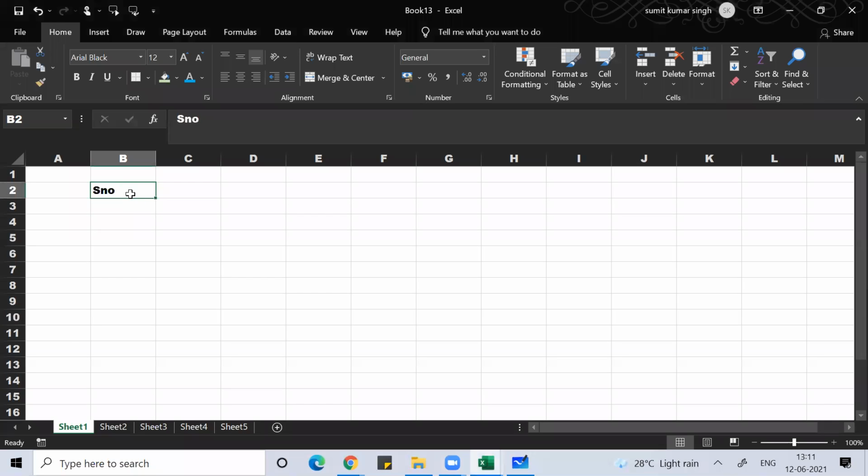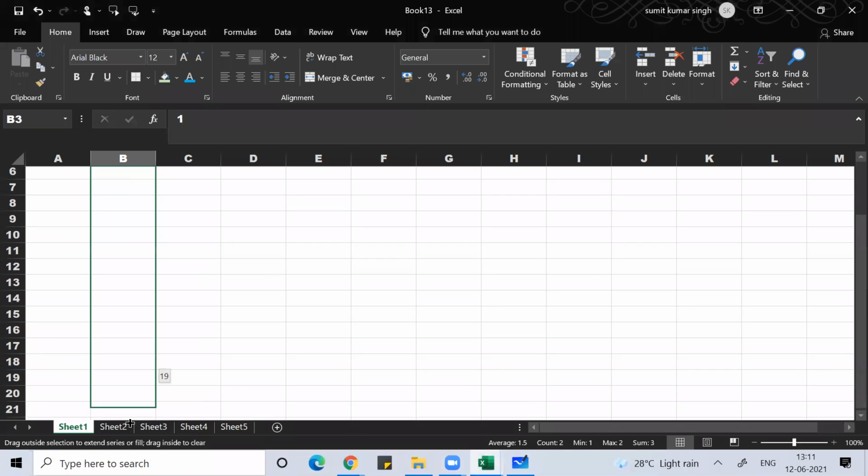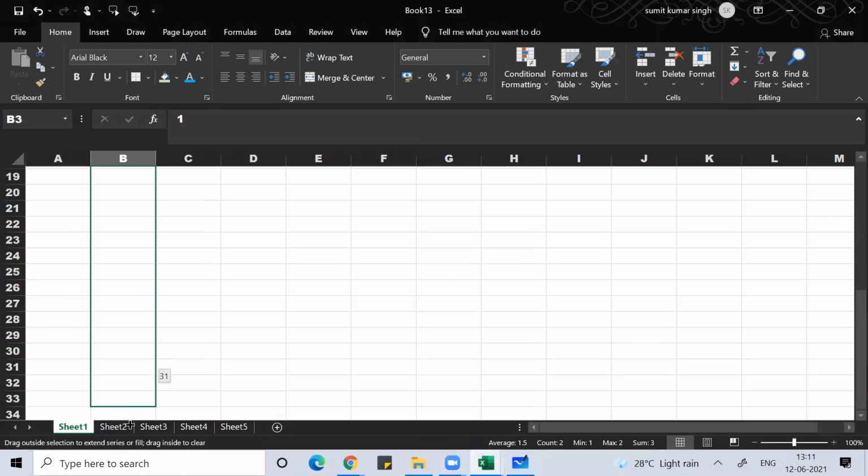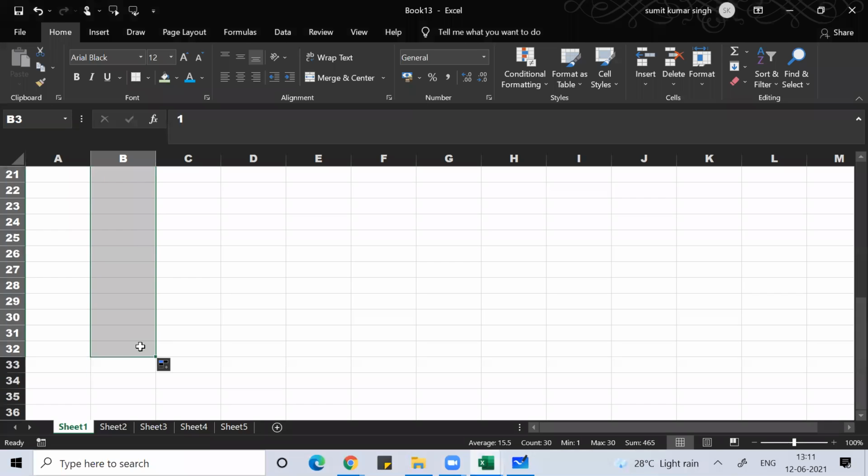Let me again give you an example of data validation. Suppose 30 student names are there and they should be unique. You cannot put repetitive names. Suppose 30 students are there, the names should be unique. You cannot put a repetitive name here.